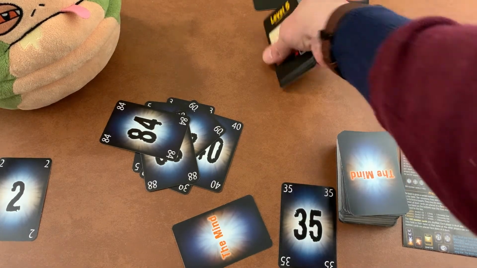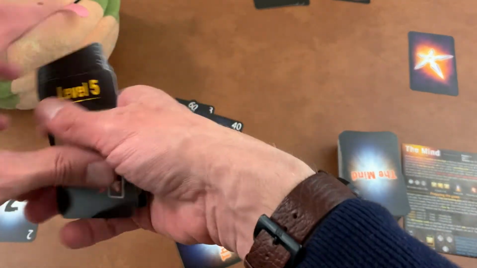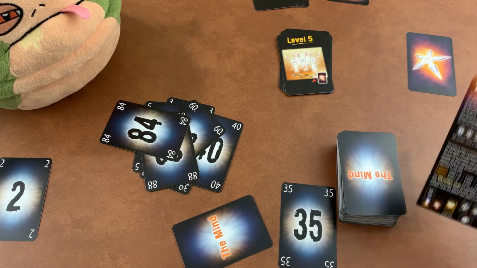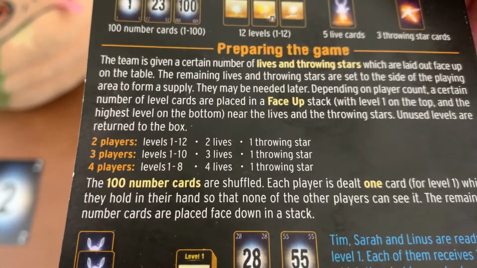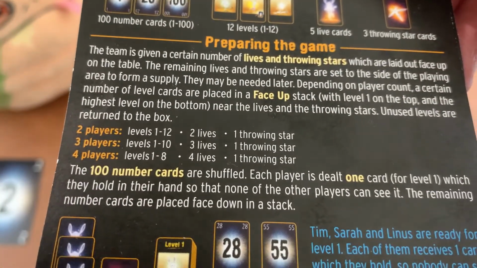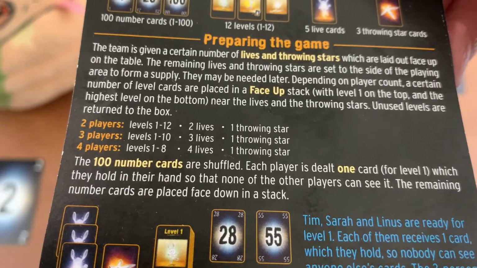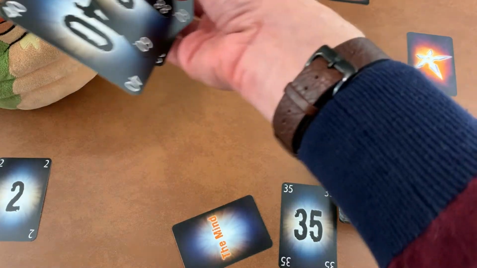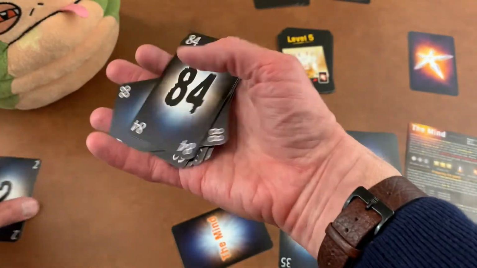You go through, if you can defeat all 12 levels, or if it's a little lower levels on, I think I already said this, but on a 3-player game, there's 10 levels. 4-player game, there's 8 levels. You get through them all, and you win. And then if you get them all, there is an advanced mode,